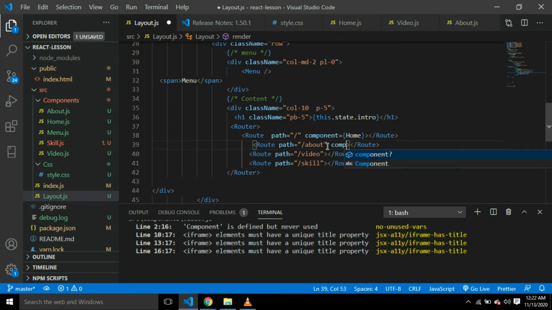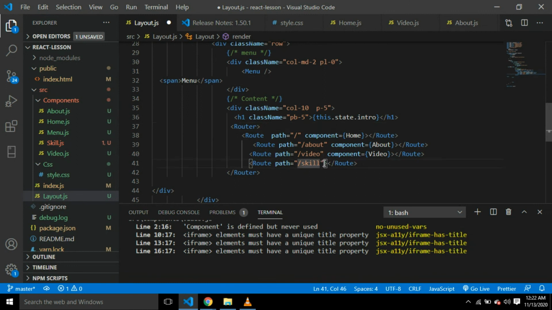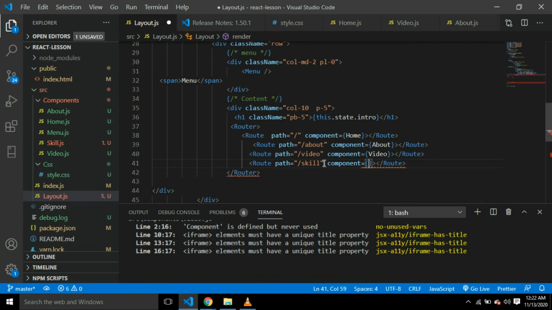Then component will be about, and for video we're going to have component to video, then the scale also to, we're going to say component equals scale. So anytime we have the index page, it is going to render the component, the home component, and anytime it says